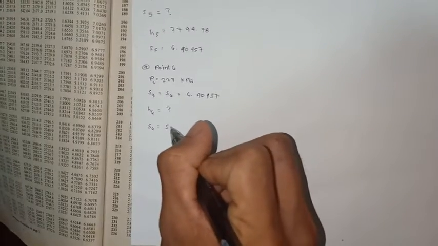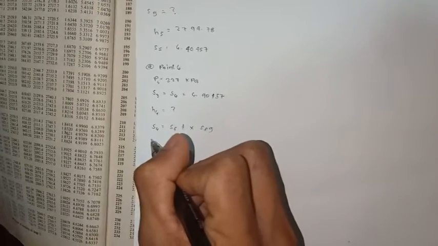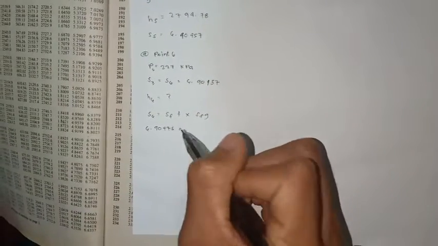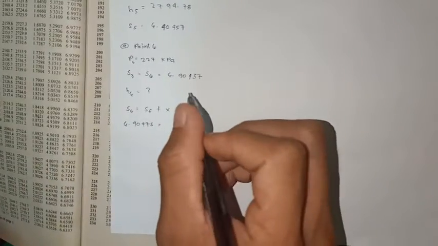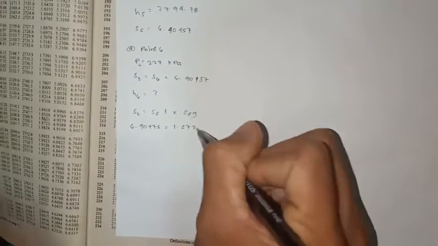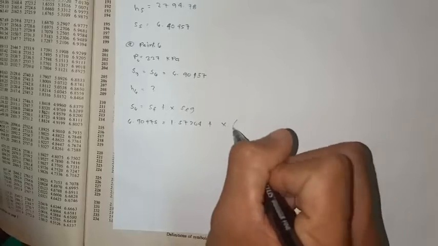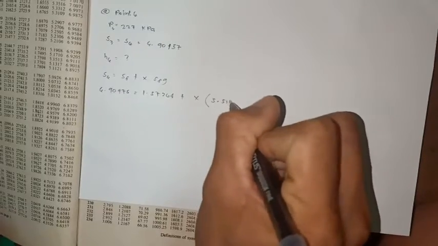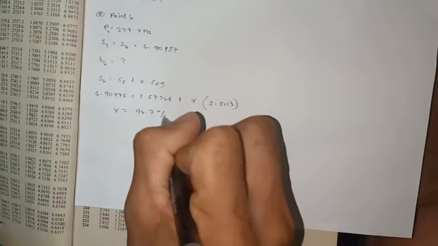S6 equals SF plus the value of X times SFG. So 6.90457 is equal to, since we have already the value of SF from the steam table, SF equal to 1.57364 plus the unknown value times the SFG from the steam table, which is 5.5113. So X is equal to 96.7%,